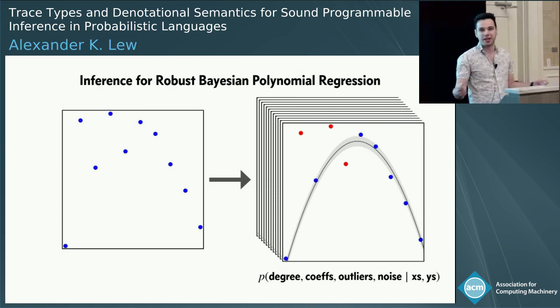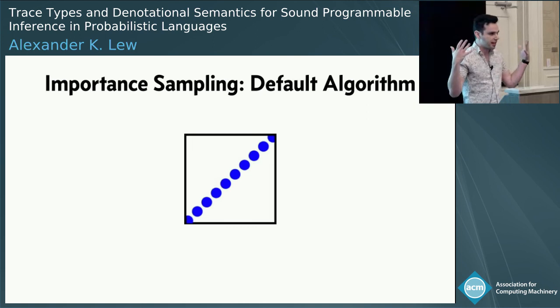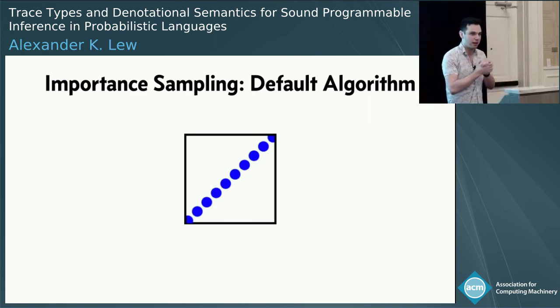So what kinds of inference algorithms exist to do that? One of the simplest ones is called importance sampling. And the idea is that we're going to start with a data set. I'm using an especially simple data set because this algorithm, you'll see, is not going to be very strong, and I wanted to show success.